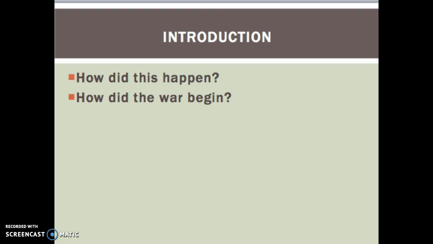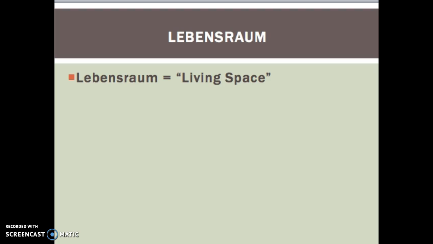So, how did this happen? How did World War II begin? Well, let's go back to this concept that was introduced in an earlier lecture. The idea of Lebensraum was first introduced by Adolf Hitler in the 1920s. The word simply means living space, and by it Hitler meant that if Germany was to grow and thrive, it needed more territory. This territory could be used to provide natural resources like coal, iron, and oil to Germany's factories. The farmland also could be used to feed the nation's growing population.